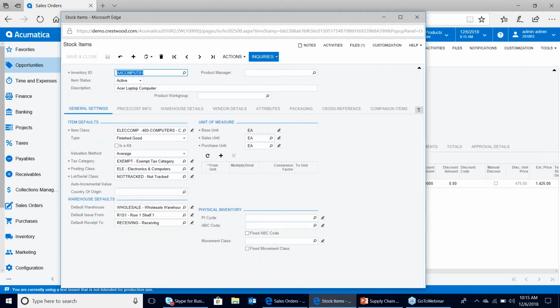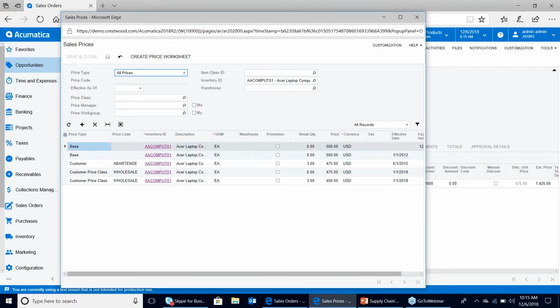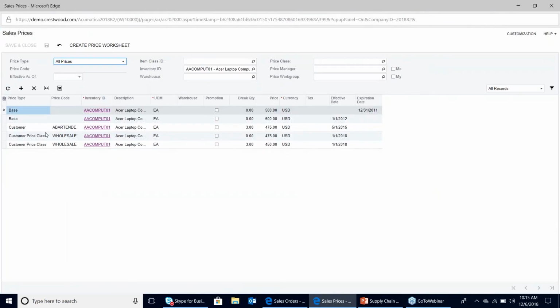And on the item screen, I'm going to inquire into the sales prices associated with it. I'll expand this a little bit here. So we have a few different things set up for this item. So we've got a base price set up for this item, or originally was set up for the item, I should say, at $500, and then that base price expired at